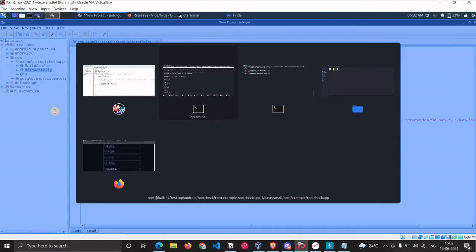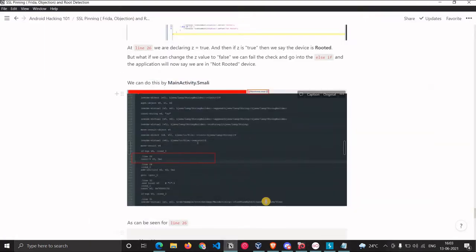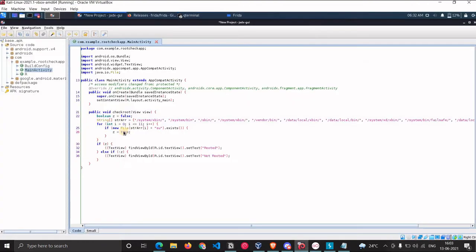Let's open the Smali code. This is line 26, and it is just passing the value 0x1 into the variable v0. So we can say this one represents true. To bypass it, we just have to make it false.